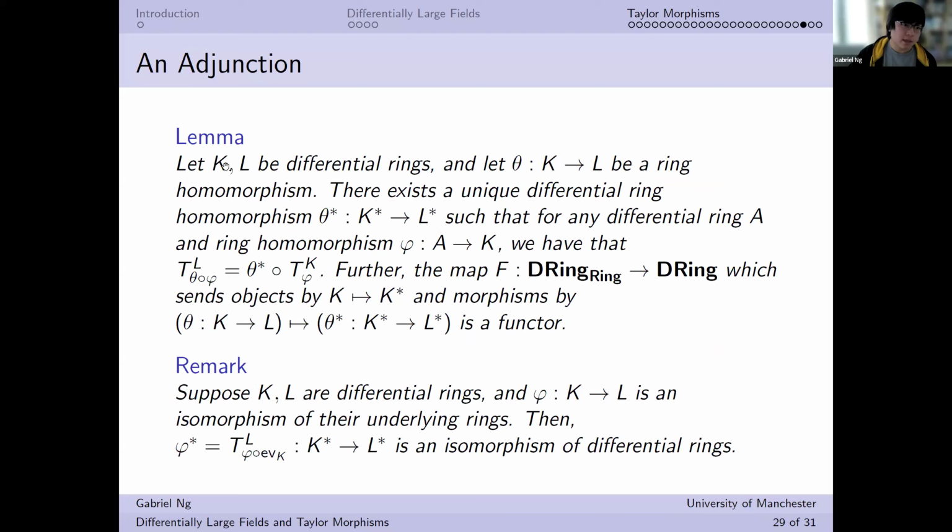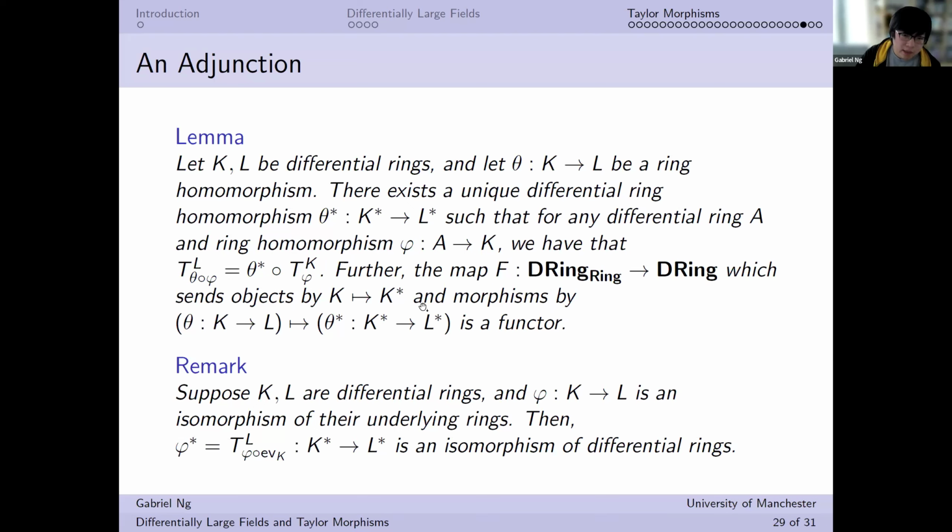And it turns out that you can construct a functor by taking every differential ring to its ring of twisted Hurwitz series. So if we have K and L differential rings and a ring homomorphism θ between them, there is a unique differential ring homomorphism θ star from K star to L star, such that for any other differential ring A and ring homomorphism φ, we have applying the universal Taylor morphism of L to θ composed with φ is equal to composing θ star with the universal K Taylor morphism of